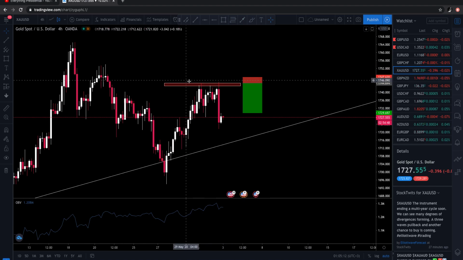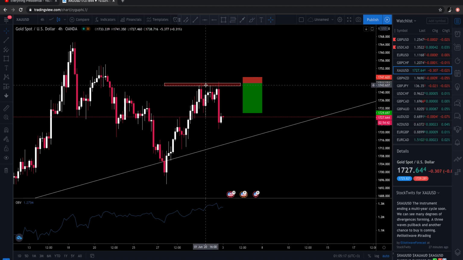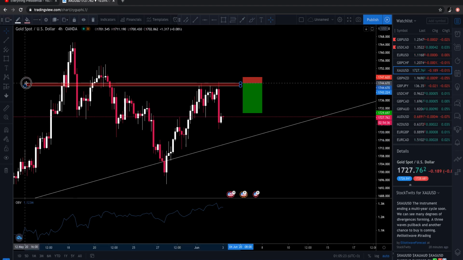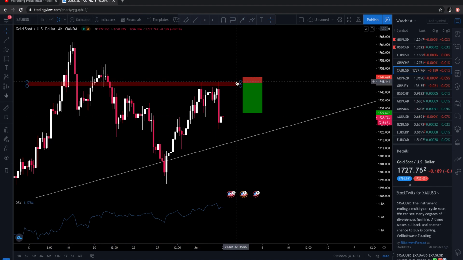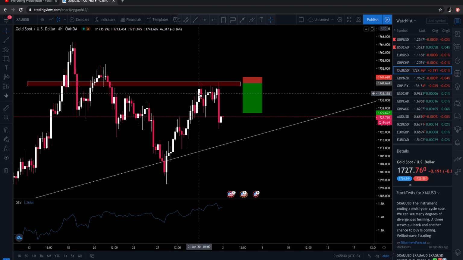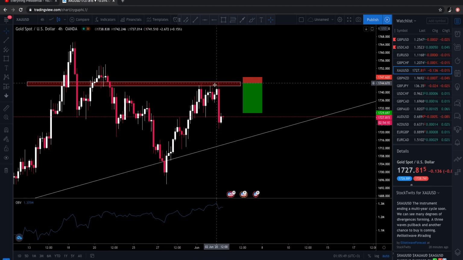So I saw that the market was struggling to break beyond this resistance right here. And if you extend this, you can see that even in the past, this was a strong resistance. Right here, the market broke above, came back down, broke above, became a support for a bit, came back down, became a resistance again. And over here as well, if the market was going to break through this resistance, it would have just done so. It wouldn't have retested it again and again, right? And this is on the 4-hour time frame as well.